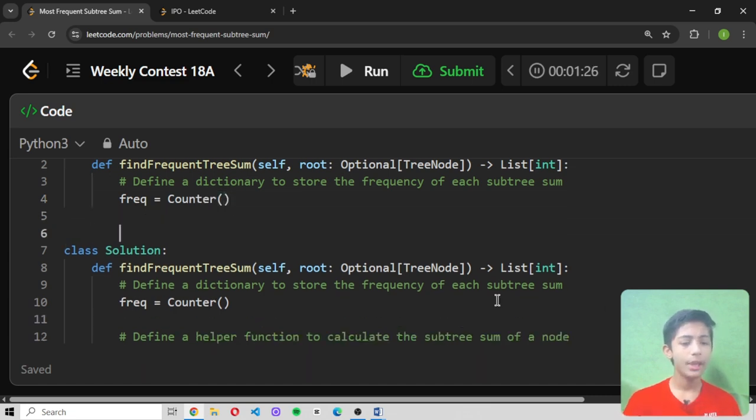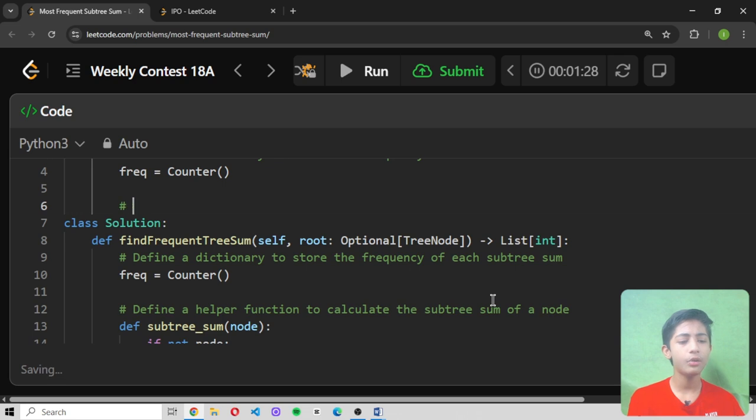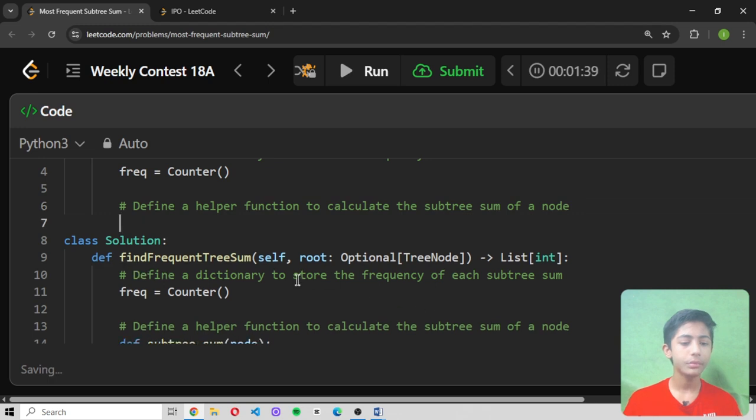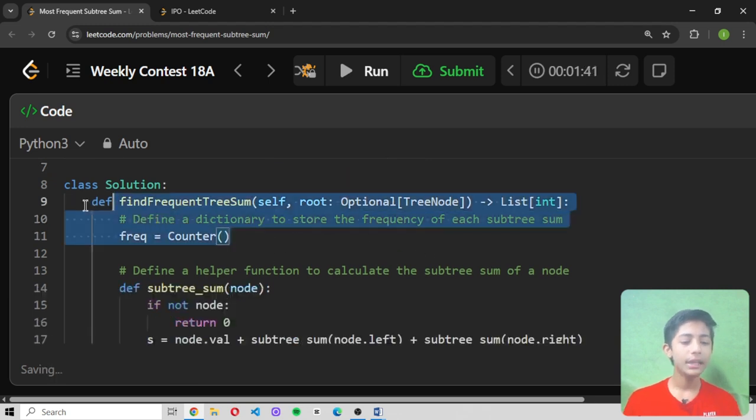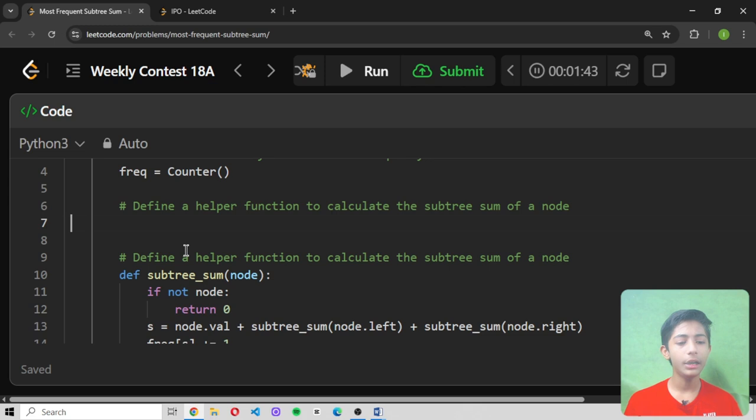Now I define one more comment in which I define a helper function to calculate the subtree sum of a node. In the next line: def subtree_sum(node):